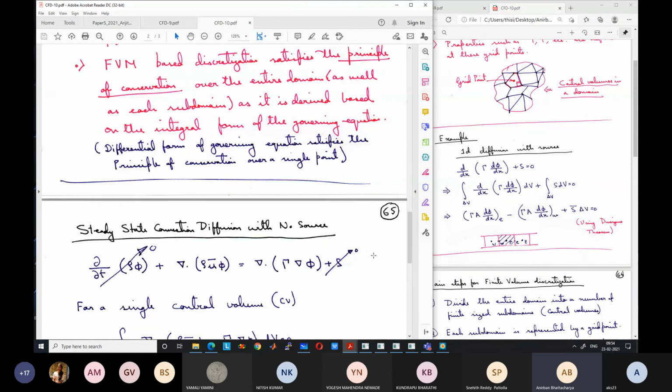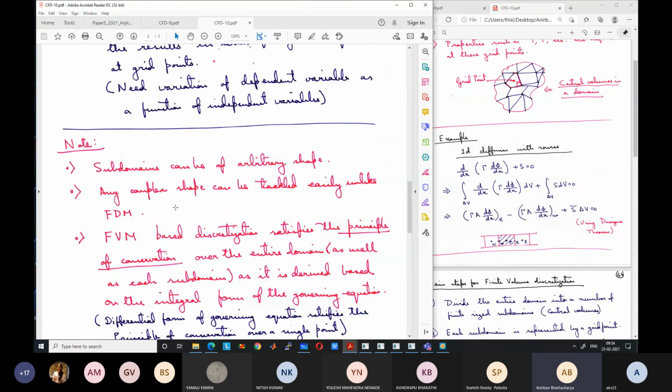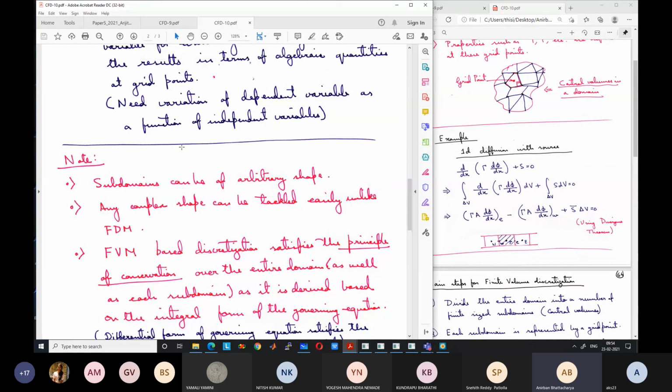I think we will stop here and we will continue this discussion in the next class. This is not part of your exam. This will be part of your NSEM exam. So accordingly, after the midterm, you can study about these things. But better to go through this quickly before the next class so that you understand this in the next class. So next class will be next Monday, right? Any questions?